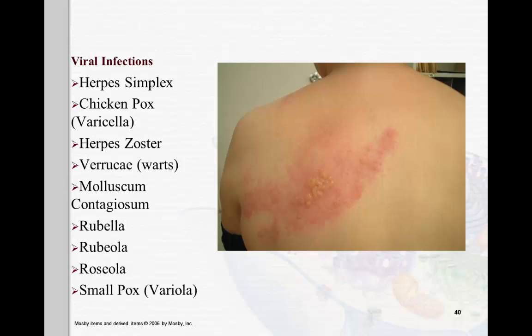This is basically the herpes virus family: after an initial infection, all herpes viruses remain latent within specific host cells and may subsequently reactivate. This is the case of having chickenpox, and then you have herpes zoster. So today we're going to discuss herpes simplex, varicella zoster, molluscum contagiosum, and other disease processes